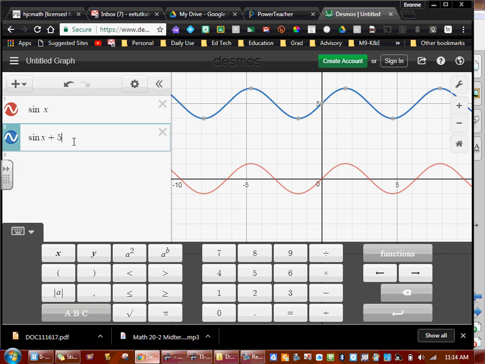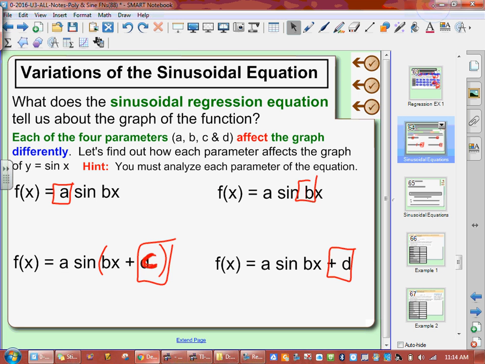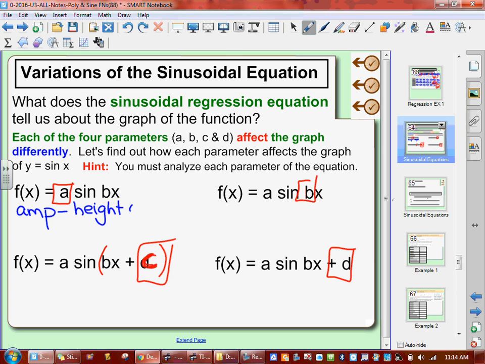So, is this guy going to touch x at all? No, the blue one's not going to touch the x-axis at all. Okay? So that's how the parameters change. So we're just going to write ourselves a little note about each one of these. So, if the A changes, the amplitude, which is the height of the wave, changes. Okay, so the amplitude, if you change that number, the height of your wave will change, how high and